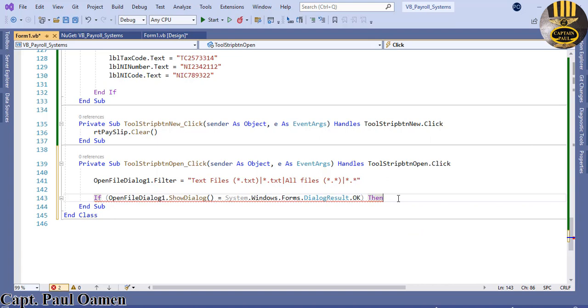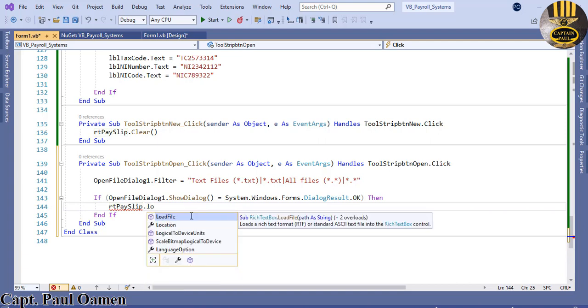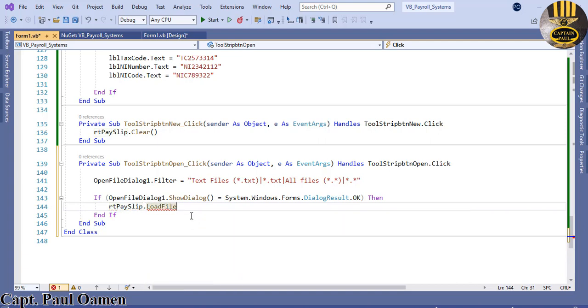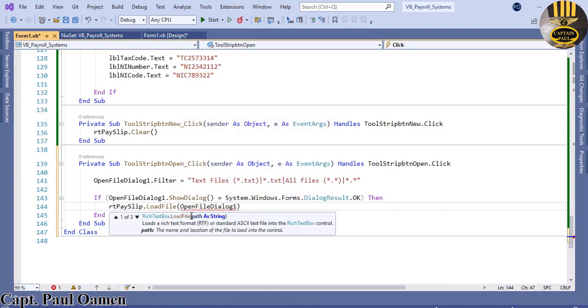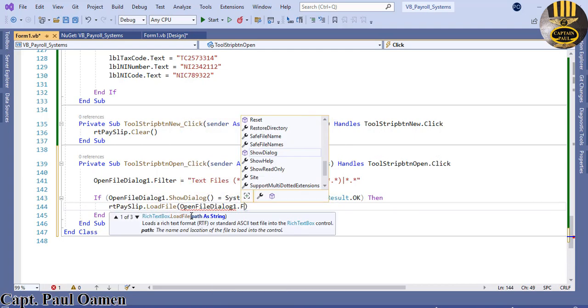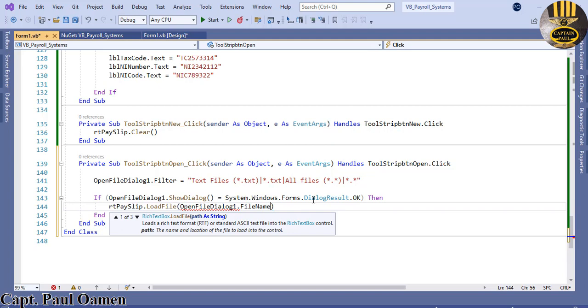There. Press enter. And now RT payslip dot load whatever file, dot load open dialog dot file name. So whatever file I load can be opened inside the open dialog,